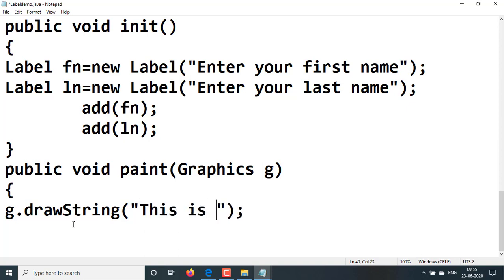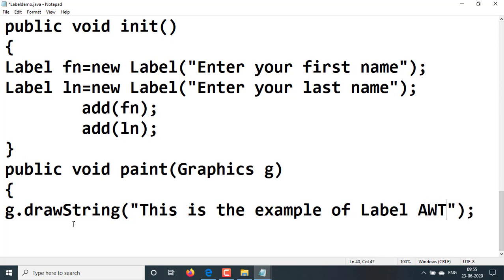This is the example of the Label AWT control. Like this we have written the message here, where this message will be displayed on a window that is specified by using integer parameters.